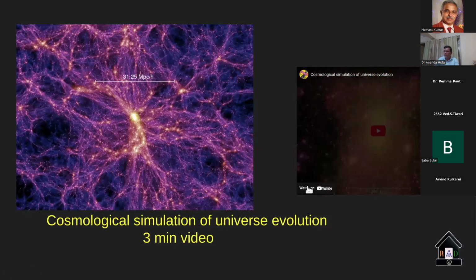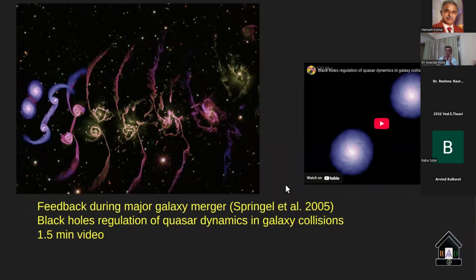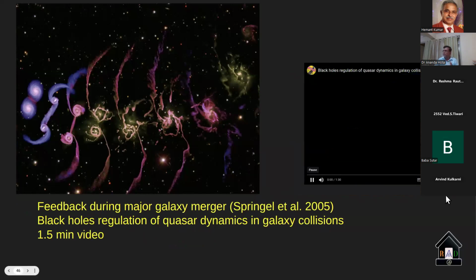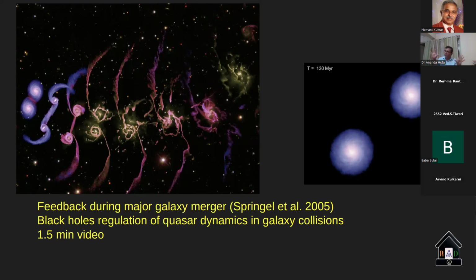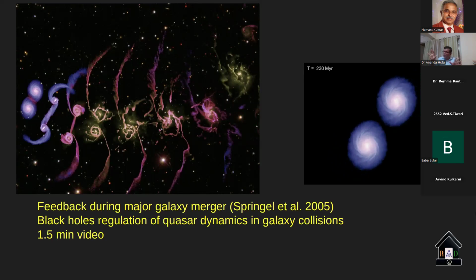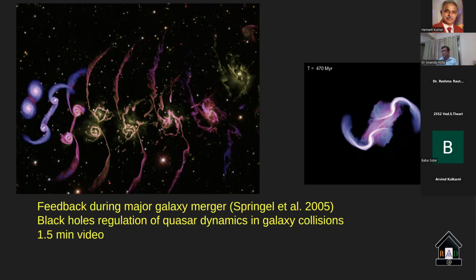Okay, so we'll go to the next animation. What happens when two galaxies merge? Let me show you the simulation again from the same Millennium simulation, the older one, 2005 paper, but the basic concept is still there. When two galaxies are coming close to each other under gravity, their gas clouds are compressed. If the galaxy gas clouds are compressed, they cross the Jeans limit, there is a limit. After that, new stars will form there.